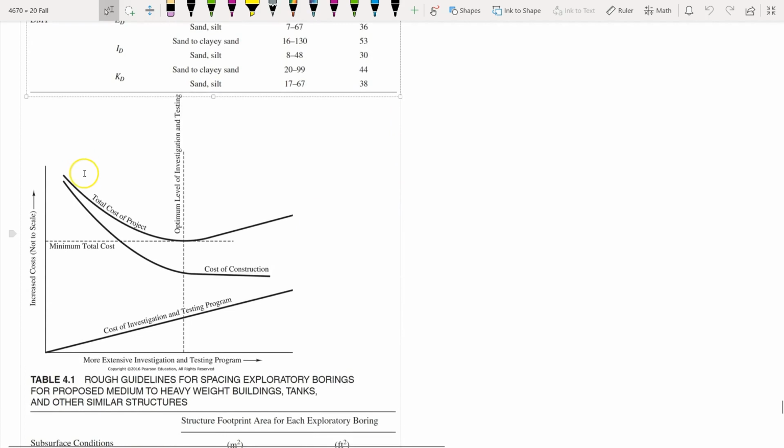So this is a picture to answer the question: how much field investigation do you need? If you look at this graph, there's a sweet spot over here. We care about the total cost of the project. If you look at this curve right here, at the beginning, if you don't have much